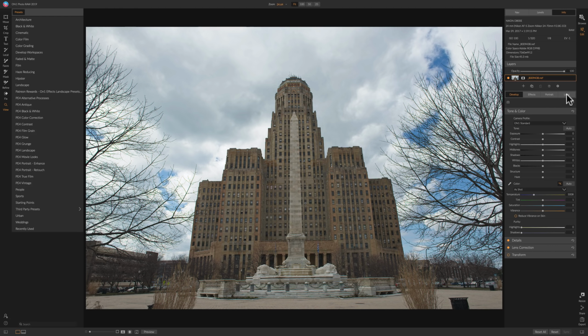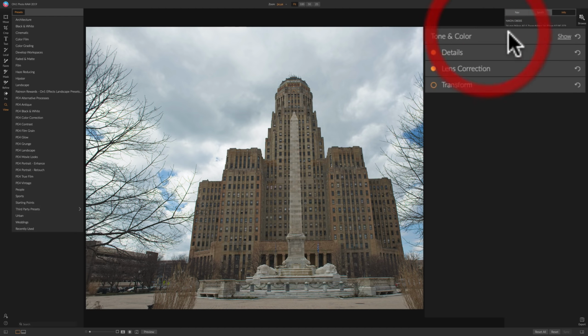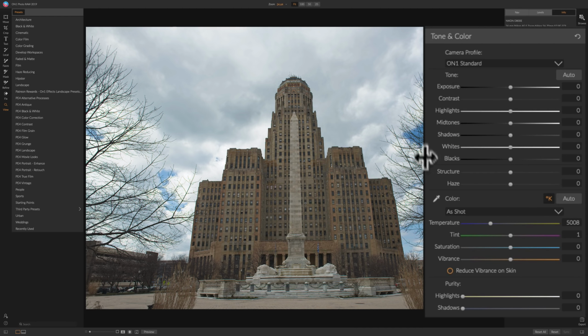Now, I want to just do kind of straight processing on this image. So typically, you would start with this top tab that is in the desktop section of the Edit module. And this is your typical tone at the top and color at the bottom. So, to give you a little idea, those of you not familiar with my post-processing and how I go about doing it, just let me explain very quickly. I kind of borrowed from grading film,